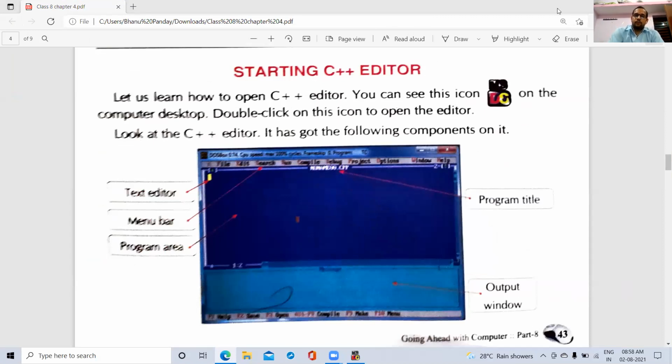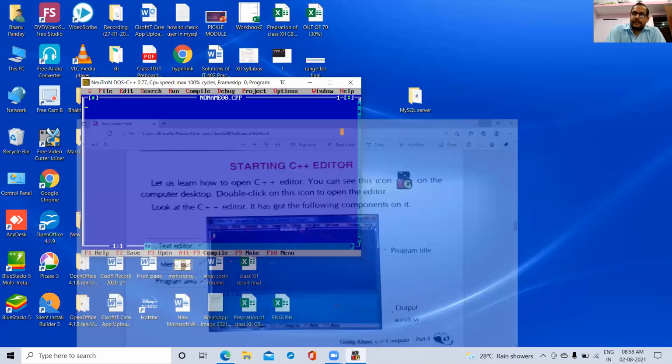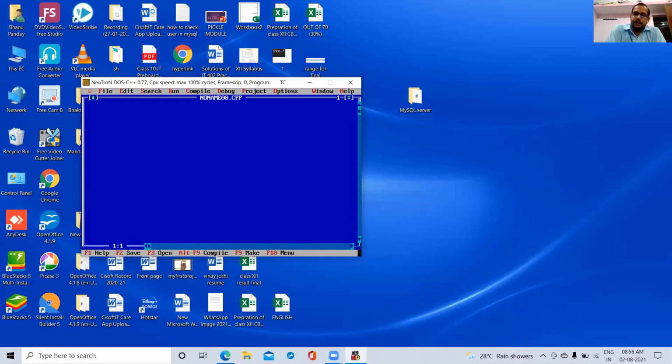Let us learn how to open the C++ editor. You can see this icon on the computer desktop. Double click on this icon to open the editor. Means this icon is available on the desktop.